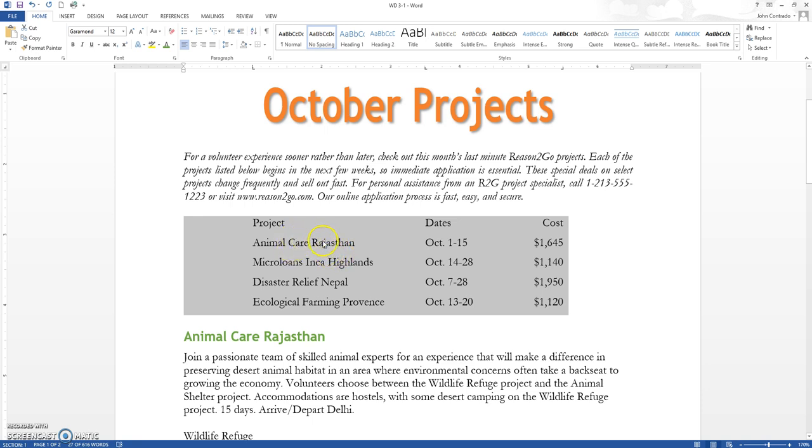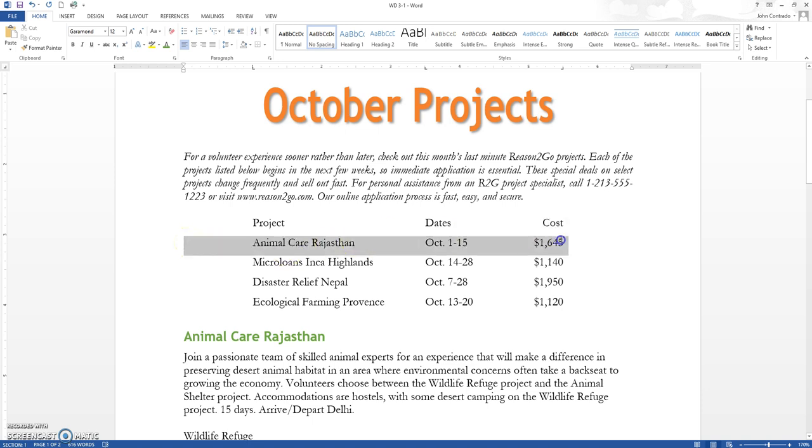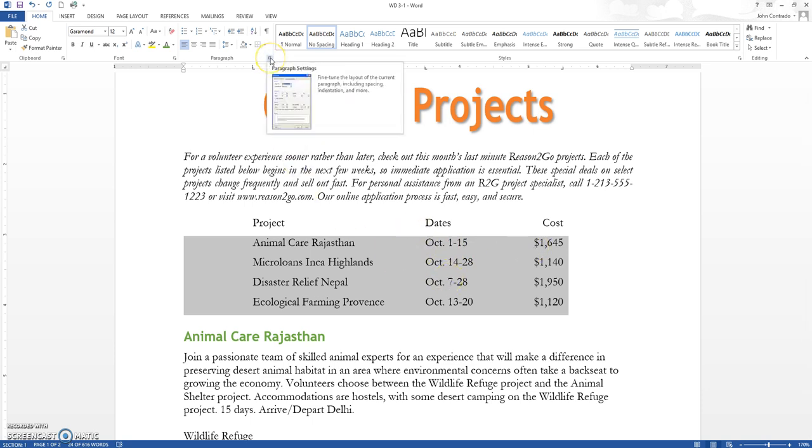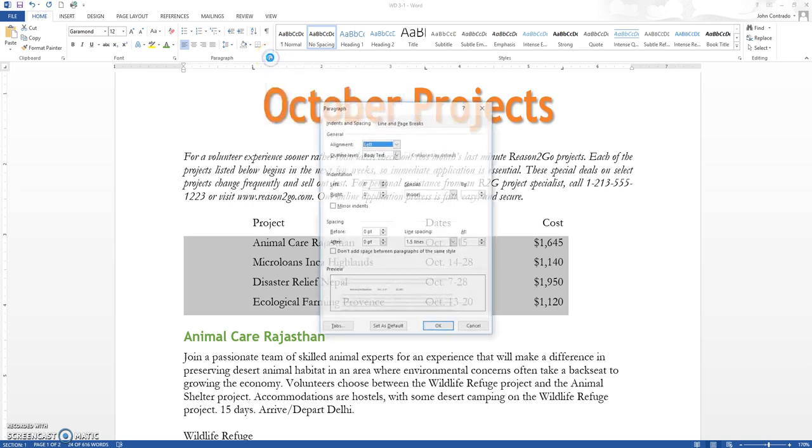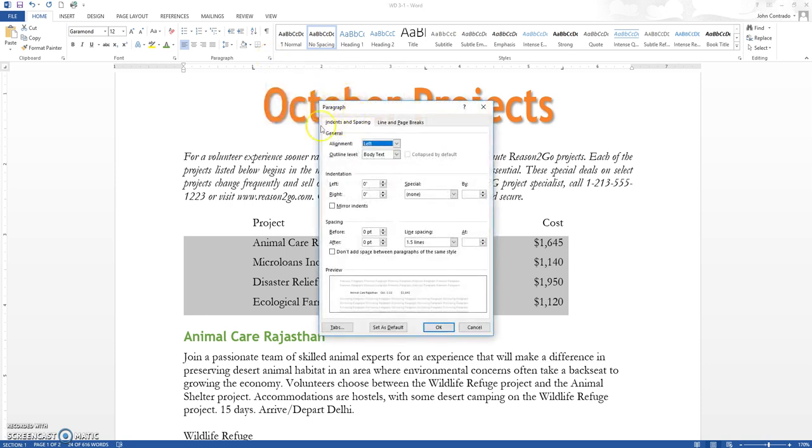Okay, so now that we have our tab stops in, we want to add our tab leaders. For this, we're just going to select those bottom 4 lines. And we're going to put leaders, which is those little dots that connect the words, here between the project and the dates, and then again between the dates and the cost. Once we've selected our lines, we're going to click up here on this paragraph launcher, which opens our paragraph launcher window. And what we're looking for is this tabs button in the bottom left corner,